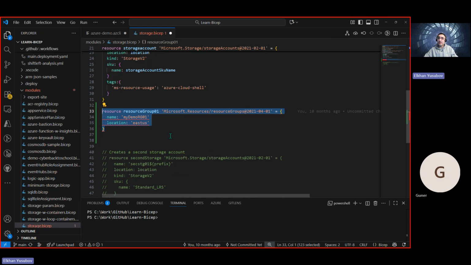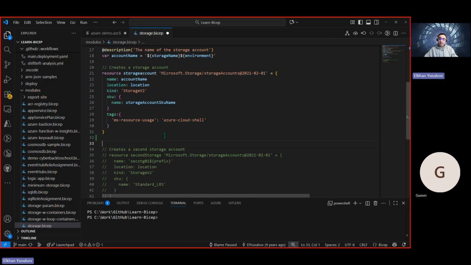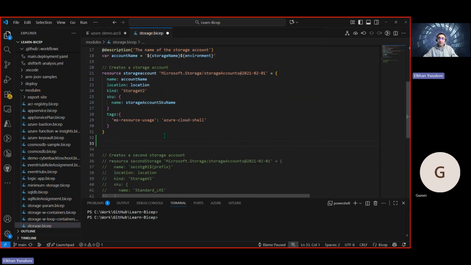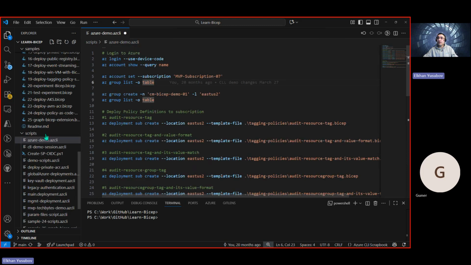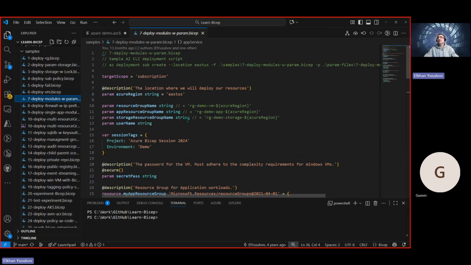But this is basically an easy way to start, literally by typing res and choosing the template that you want for your resource. You can define it and have it in place. Okay, that said, what I'm going to do is go back to our original demo, which was this deploy modules. And here, as you may see, we have a different